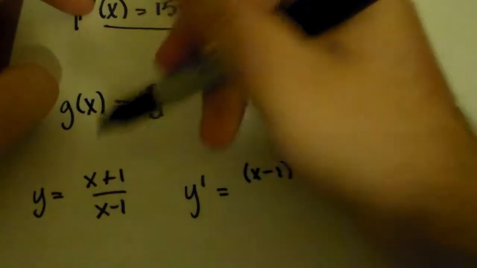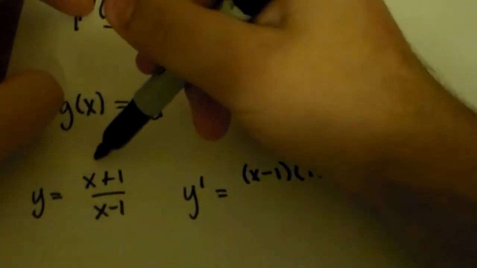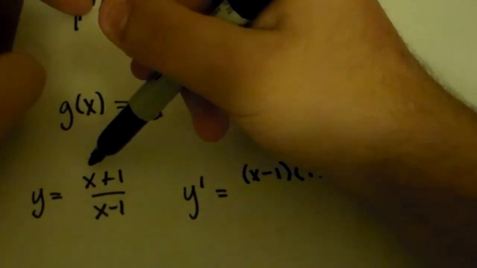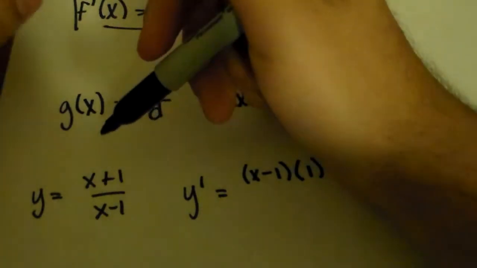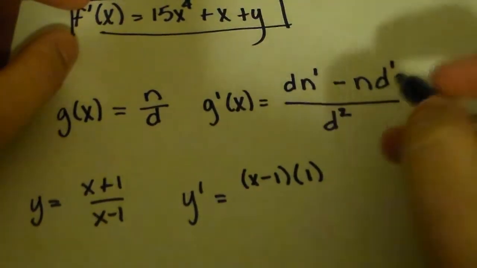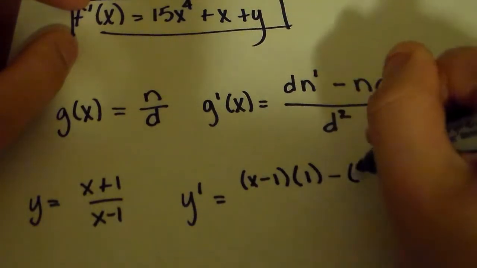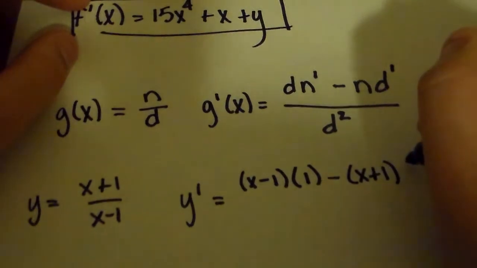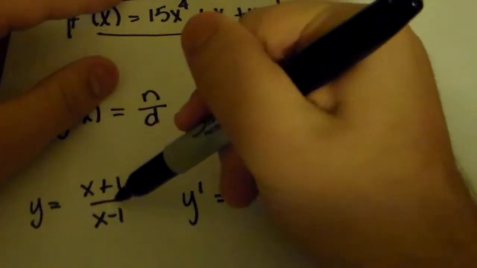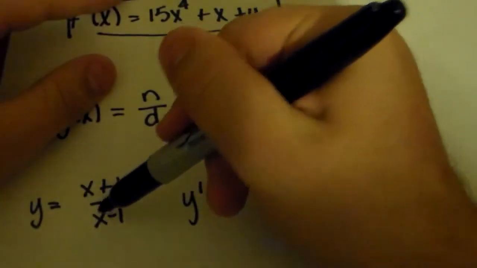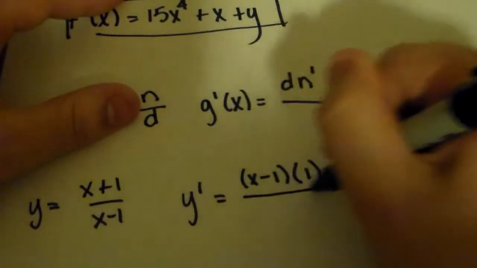That would go to 0, so it's just going to be 1, because if you take the derivative of x, bring the 1 down, x to 0 will always be 1. And then the numerator, which is x plus 1, times the derivative of the denominator, which will be 1 as well, as I explained for the numerator,